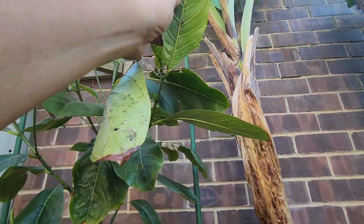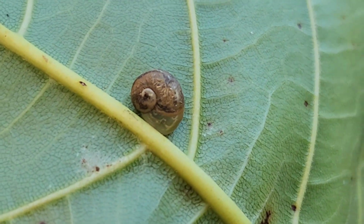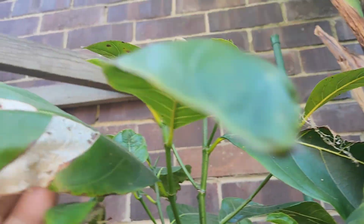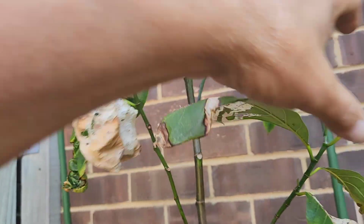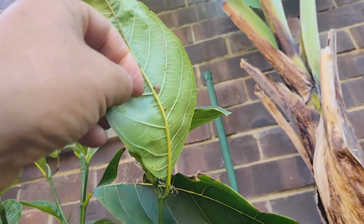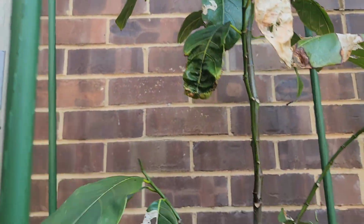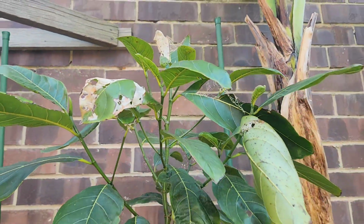Now, some bugs, I don't know what bugs are eating the, oh, it looks like snails. There you go, there's the answer. Someone's been eating the leaves. It's not the cold, it's not the frost, right? It's some critter. And now we know that one of them is that guy there, right? So flick him off. Flick off the snail. He can go and live somewhere else. I don't know who else would have been biting these leaves, but in any case,